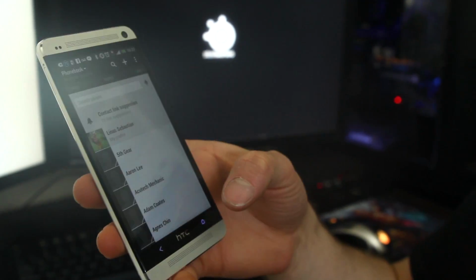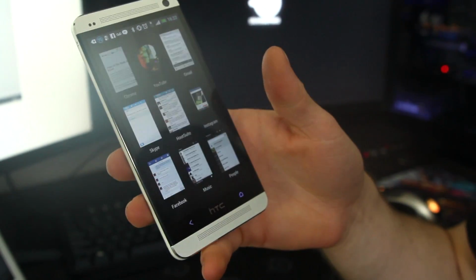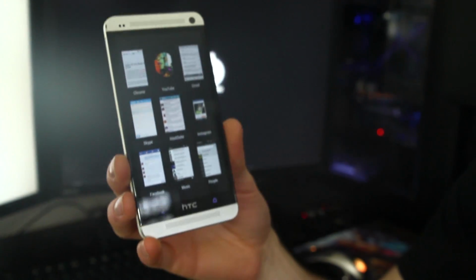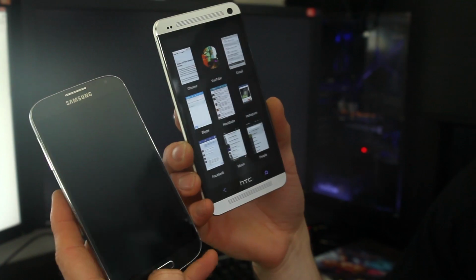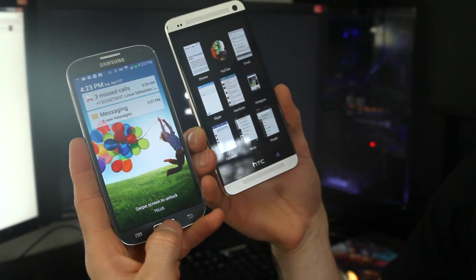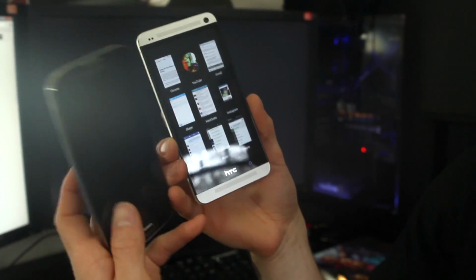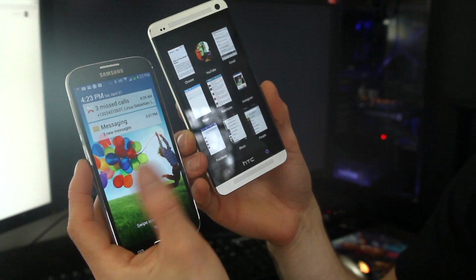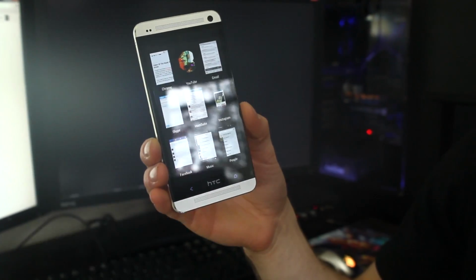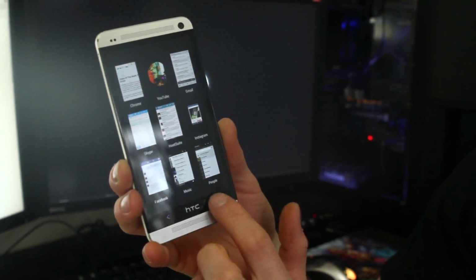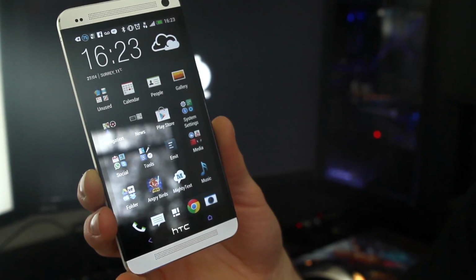Multitasking is still a highlight of the platform for me. I love this. I do not miss the hardware button. In fact, going to the S4, which is more like the button loadout that I'm used to, where you've got your context menu button here, you've got your hard home button here, and then your soft back button here. This is more like what I was used to with Android, but I didn't miss it at all with the HTC One. I found that back, home, and then multitask was really all I needed,